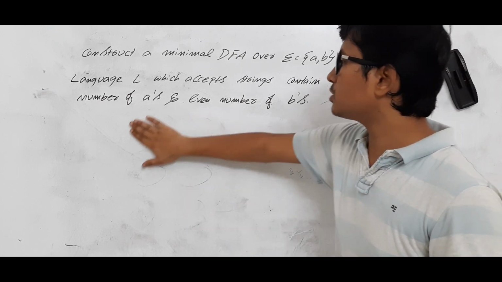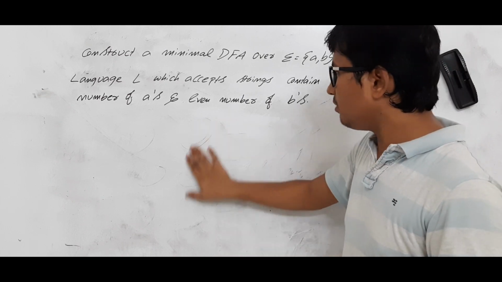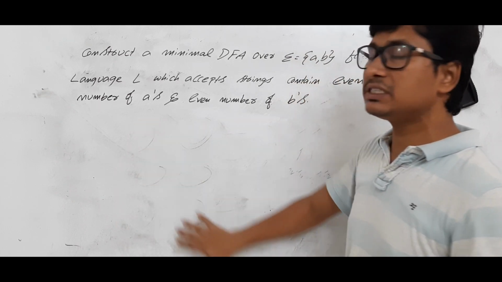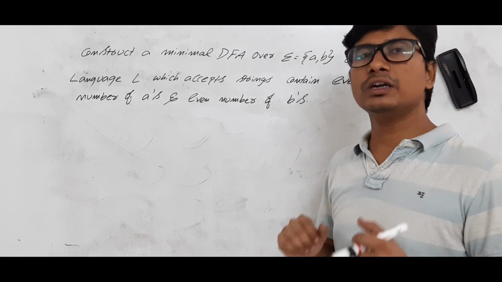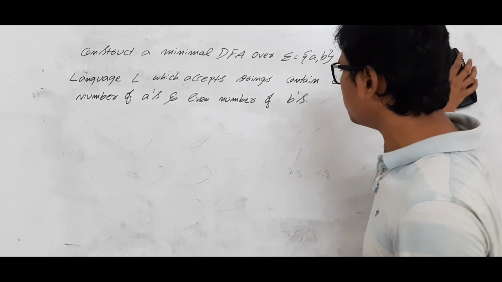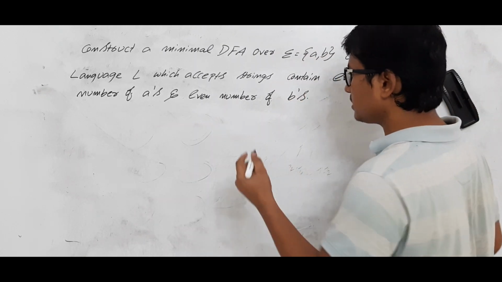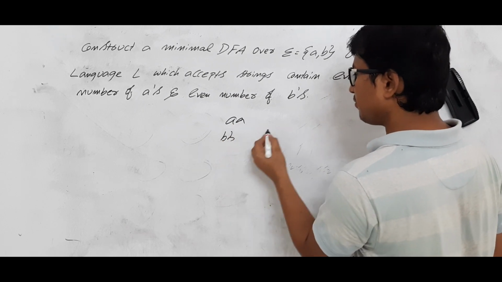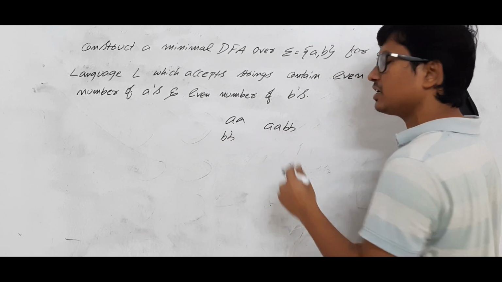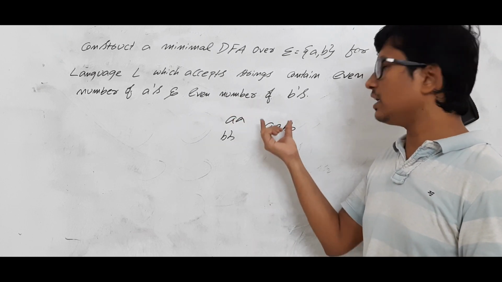Now, this question can be solved in two ways. But before solving the actual question, I will tell what people will misunderstand from this question and solve it in a different way. I want to tell what mistake students usually make. They will think that as it is even number of A's, 2 A's, and even number of B's, 2 B's, if I combine, I will get an even length string only. If I have 2 A's and 2 B's, the total string length is even.